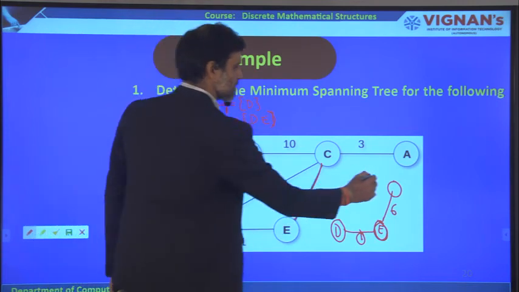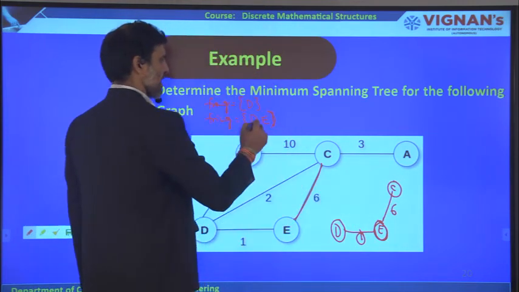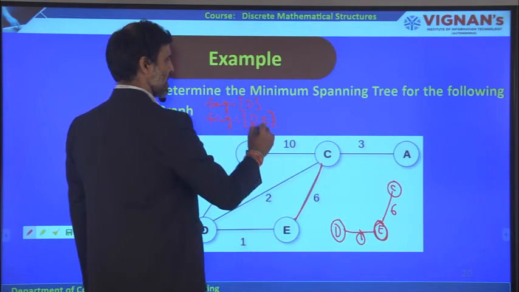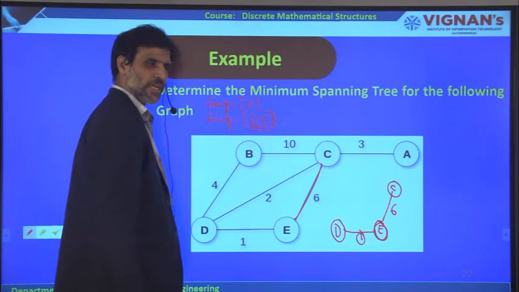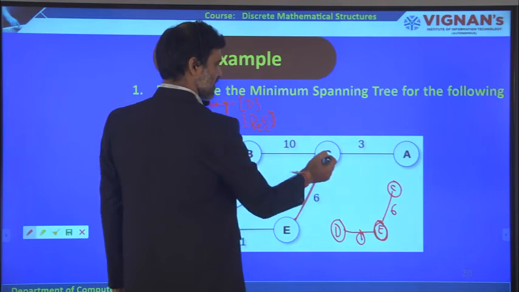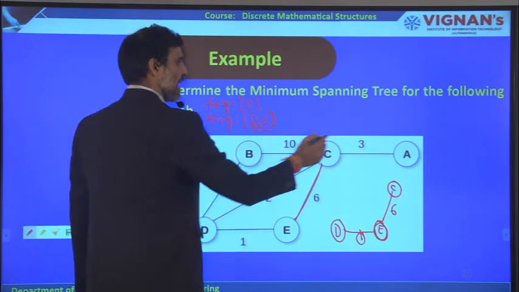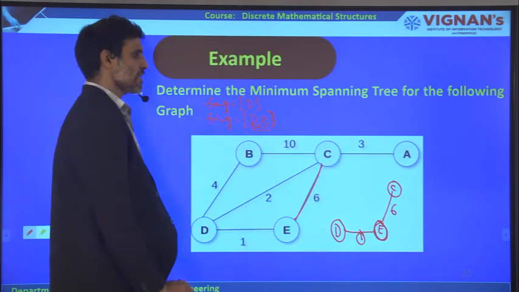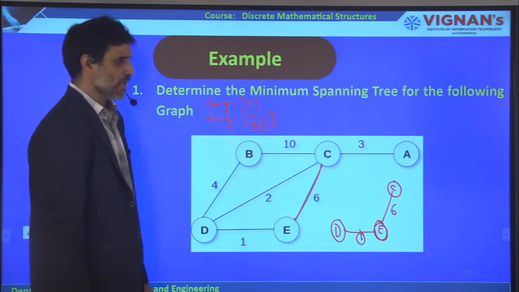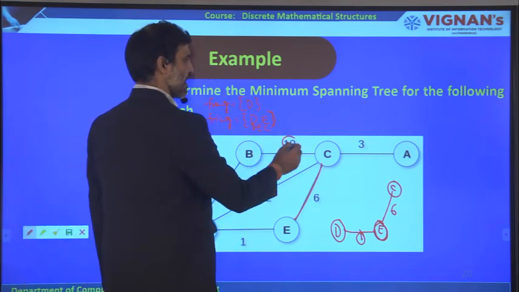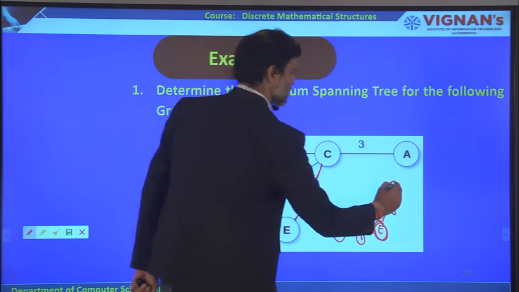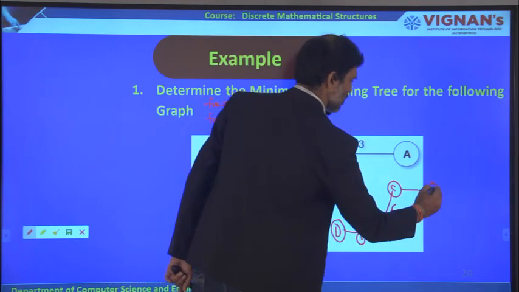This is C. Now you have to take D, E, another D, E, and then what we got here? C. Now what are the adjacent vertices of C? B and A. So these are the two adjacent vertices. So what can you get now? You cannot go with 10. You can go with A. So like this you will go with A.